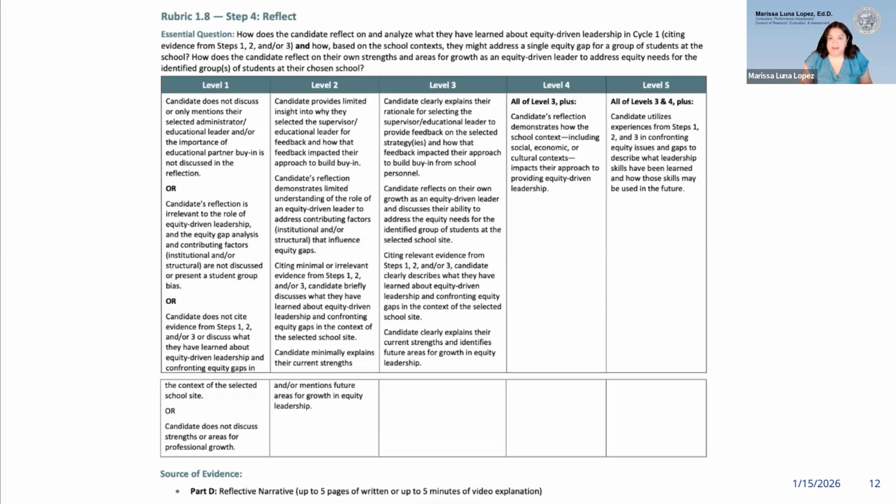One thing, and Julie, if you wouldn't mind, I'll stop sharing. We can put the rubric back up. If you are working with candidates and having them work through their templates, I used to have my candidates take their notes on one set of templates and then complete their materials on another. That way they were doing that during class. Keep in mind when answering these questions, help them identify, okay, if this says the candidate clearly explains their rationale, where is that? Is it clear? Do you understand it?